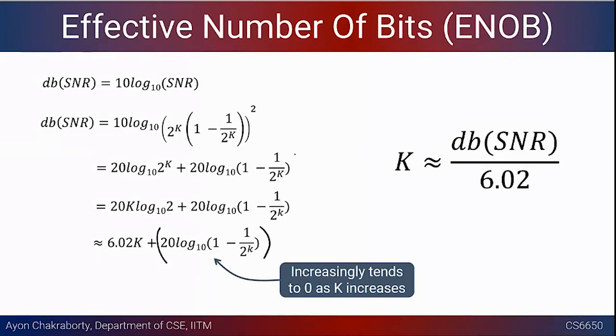This is what we call the effective number of bits: how many bits in the ADC will be required. If you have some idea about the kind of SNR that you want to achieve, roughly that value of SNR divided by 6 will give you effectively the number of bits. This is a ballpark calculation we might require in some cases. If your SNR is already very good, you might not need to increase the number of bits, because if you increase the number of bits, as you have seen, the throughput of your ADC might come down, right?